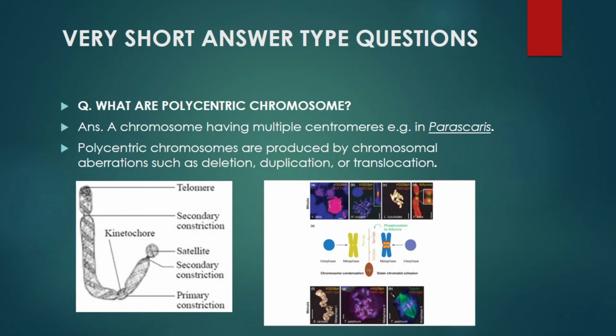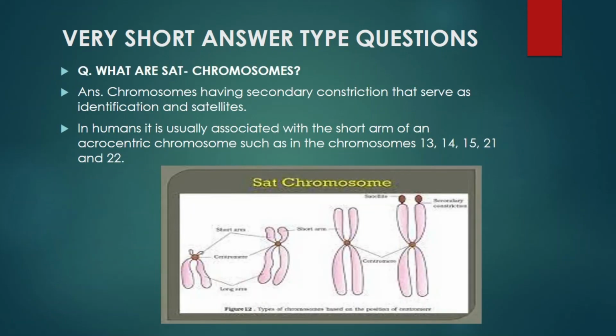So coming to the next question, what are SAT chromosomes? The term SAT can relate to satellite, right? So what are SAT chromosomes? Chromosomes having secondary constrictions that serve as identification, and satellites. See, chromosomes having secondary constrictions. I showed you secondary constriction in the last topic, polycentric chromosomes. We have seen that, right? So chromosomes having secondary constrictions that serve as identification, and satellites,